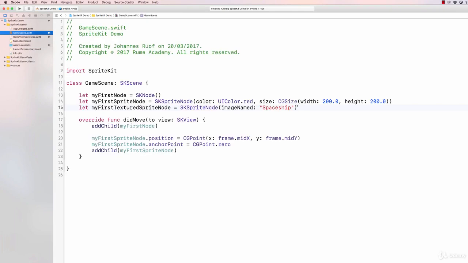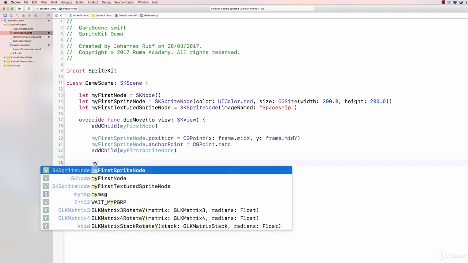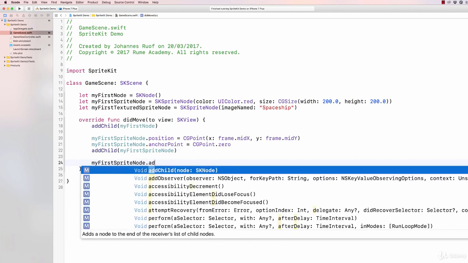The sprite node will be a little special since we do not want to solely add it to our scene like the other two nodes, but as a child of our first sprite node, the red square. It is really similar to ordinary apps with views and subviews, and we can just add nodes as children to other nodes. We will also use the addChild method for this, but we won't call it on our scene directly like we did before, but we are going to call it on myFirstSpriteNode. So let's write myFirstSpriteNode.addChild and then pass